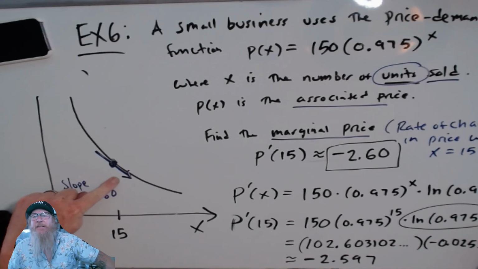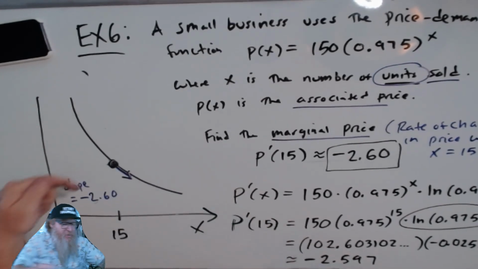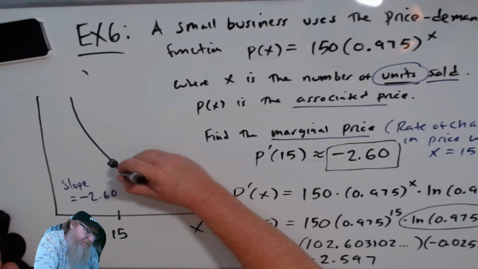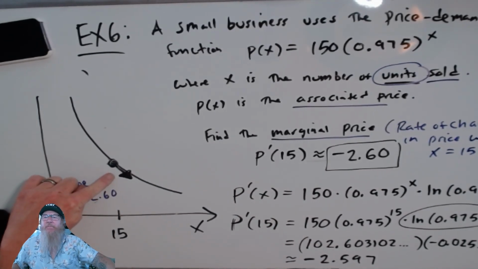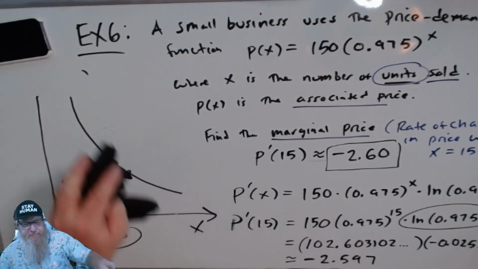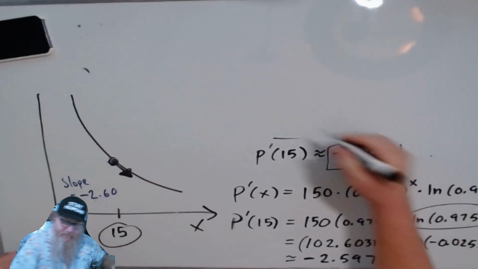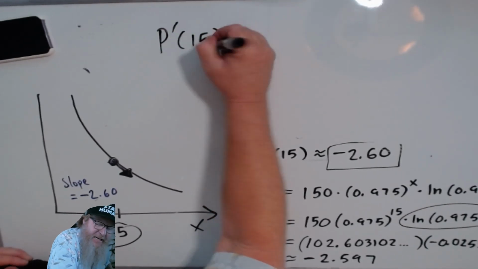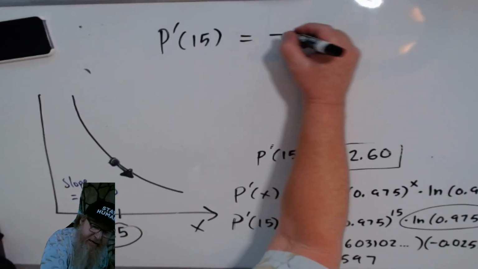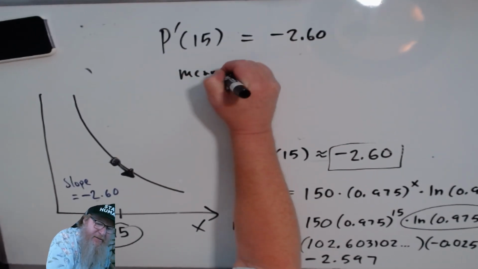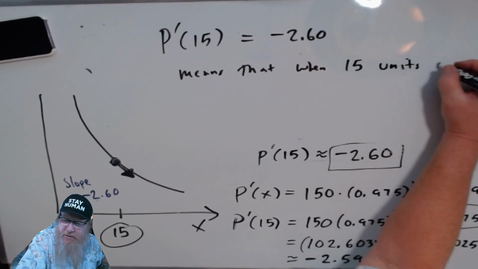We typically draw it as a line, but I sometimes like to omit the tail and just think of it as only moving in one direction. So it's like a little vector. Right? And it tells you something. P prime of 15 equals negative 2.60 means that when 15 units are sold,